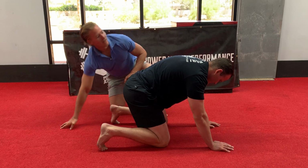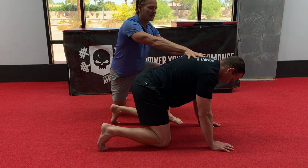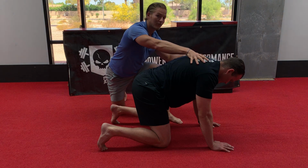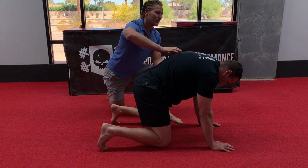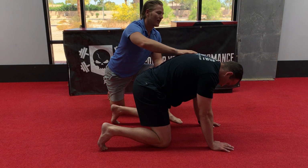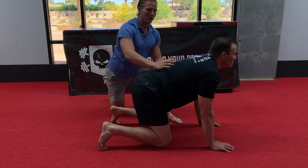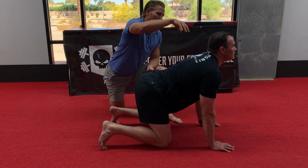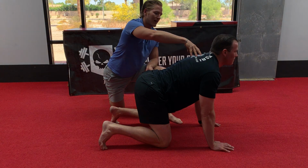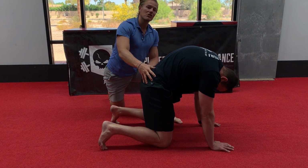I'm going to have the athlete press his body away from the floor. We should see his shoulder blades become flush with the rib cage here. He's going to go through a couple cat-cows. So he's going to go ahead and take a big breath in, looking up towards the ceiling with his head, extending down through the low back, tilting that pelvis forward. He's then going to exhale, pushing his body away, tucking the chin, squeezing the butt, and going to this over-exaggerated